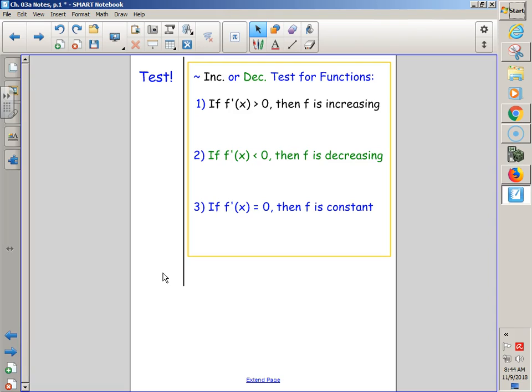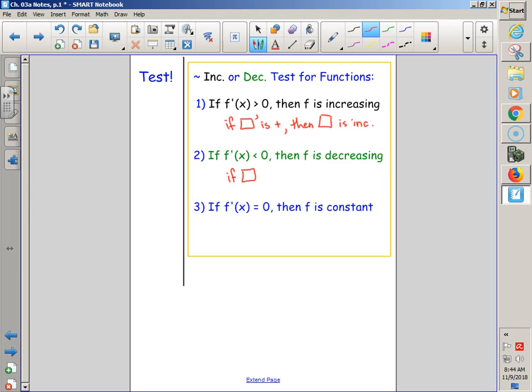I'm going to put some words in here to try to simplify this just a little bit. So if box prime is positive, then box is increasing. If box prime is negative, then box is decreasing. And if box prime is 0, then box is